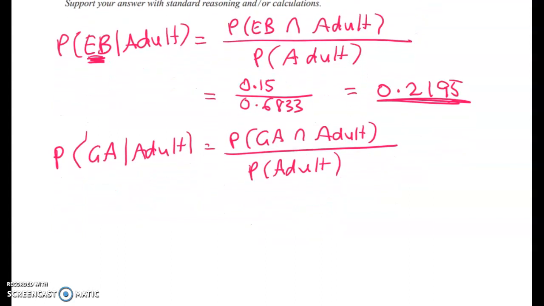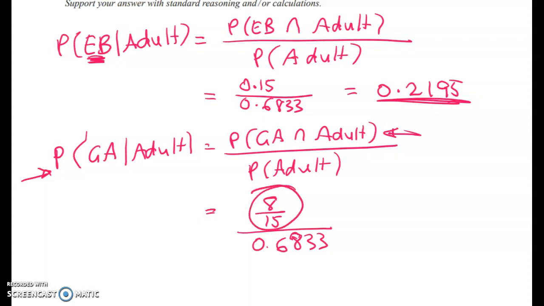Now, if it's not an early bird one, it has to be a general one. So 2 ways to get this. The first way is to just do it using the formula again. And the probability of this one here is coming from my tree diagram. So it's 0.5333. So it's 8/15 divided by 0.6833. That looks really awful with the decimals and the fractions mixed together, but in practice, that's what you've got from your tree diagram at the start, and that's the number you've just worked out. So when you chuck that into your calculator, you're going to get